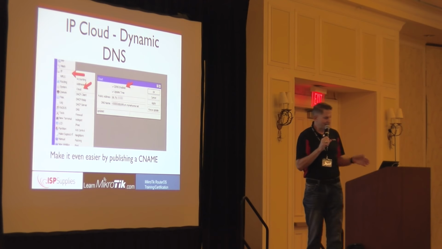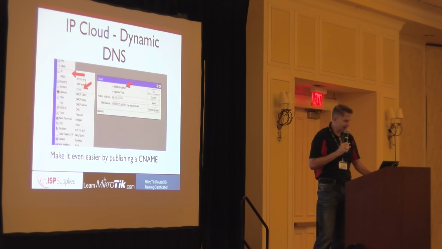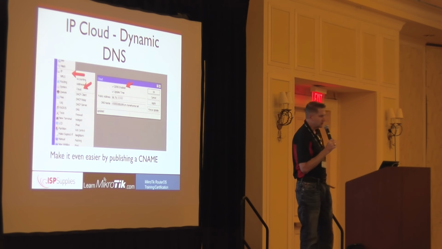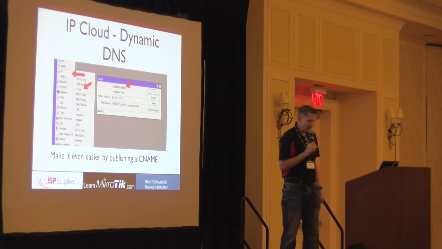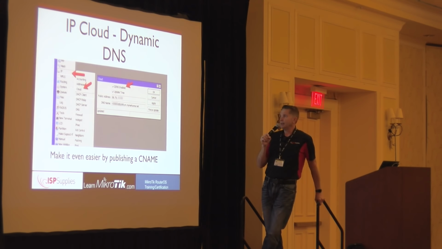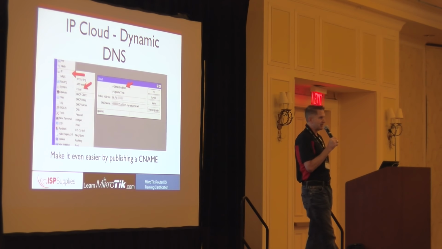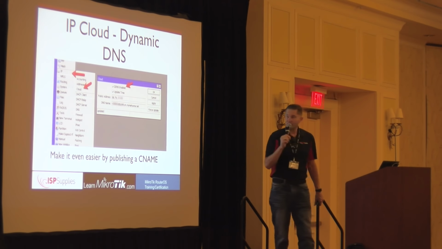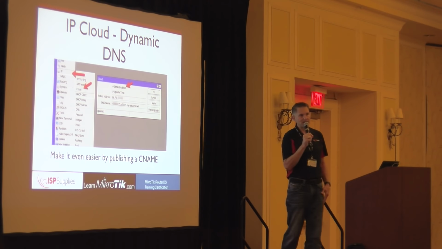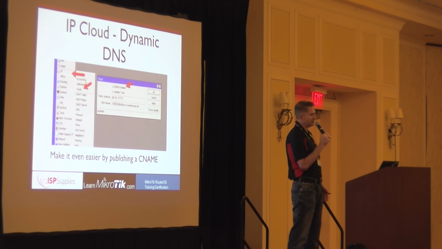Now, I mentioned dynamic address. There's a feature that came out, I don't know, two years ago maybe, but I find it really handy, and it's called IP Cloud. If you have a site that you want access to from the internet and it has a dynamic IP, it's actually really simple to do now. It used to be that you had to use a dynamic DNS script and some kind of dynamic DNS site, and the scripts would break with different versions, and sometimes it would work, sometimes it didn't. But IP Cloud fixes all that.